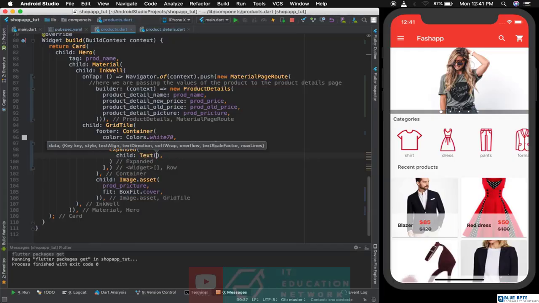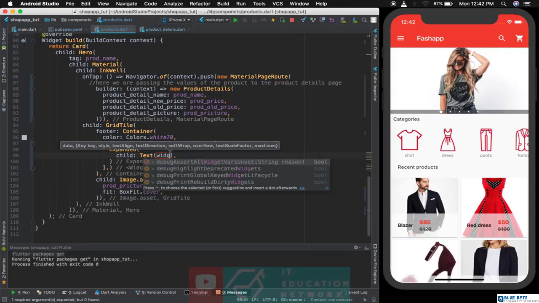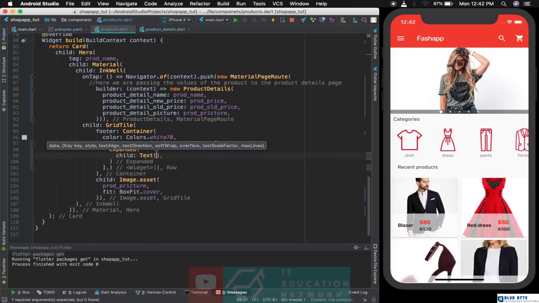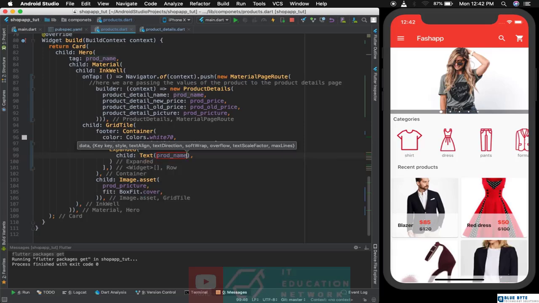Okay, it's quite the same thing. You don't need to use it. New text, and here I'm going to give, oops, not widget, I'm going to give product name,